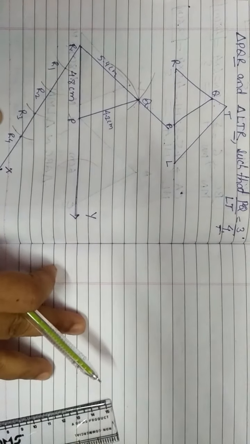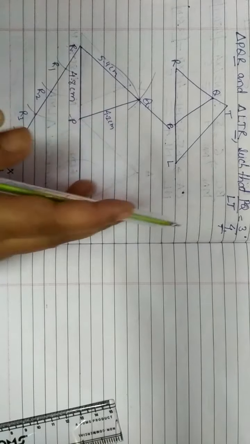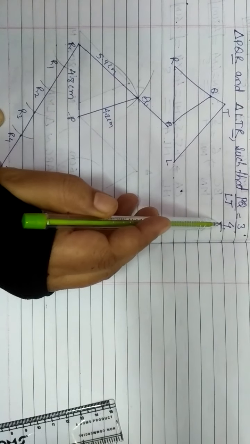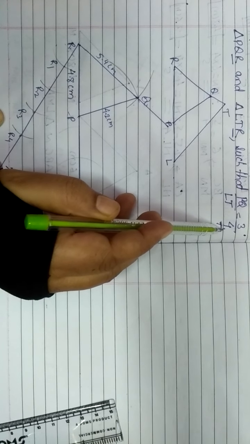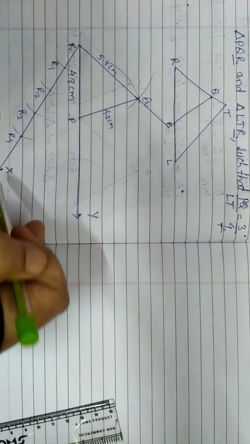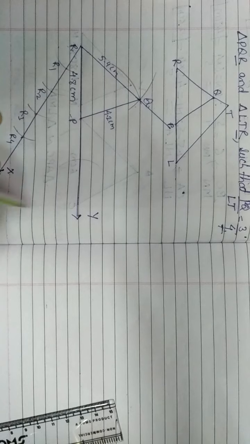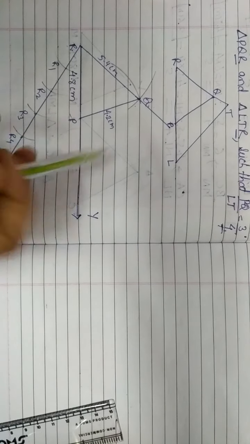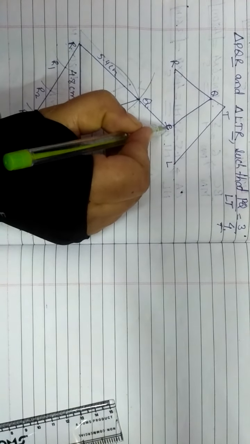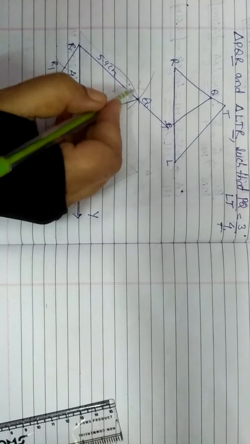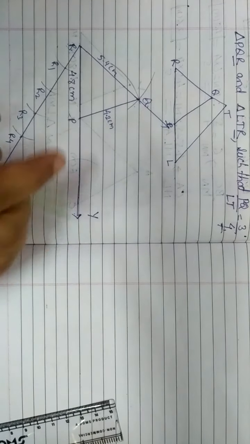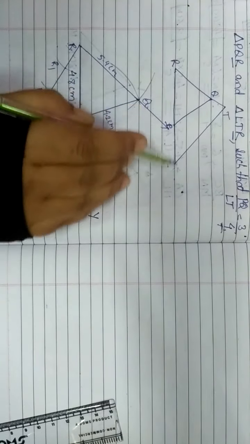What is the next concept? The common vertex is given, and the ratio is given, 3 upon 4. So whatever the larger part is given there, in that I have extended this R to Rx, this line segment. I have extended it over here. I extended this Y also, and I also extended this ray RQ a little bit more, because we need this part, we are going to draw this part.